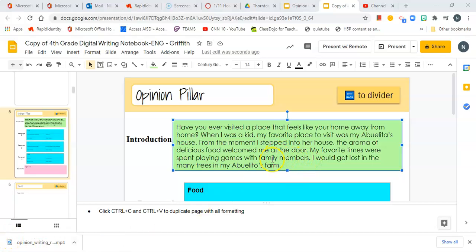So for the introduction, I think I just want to have one sentence that includes all of these, and I'm going to use these types of sentences in my paragraphs.